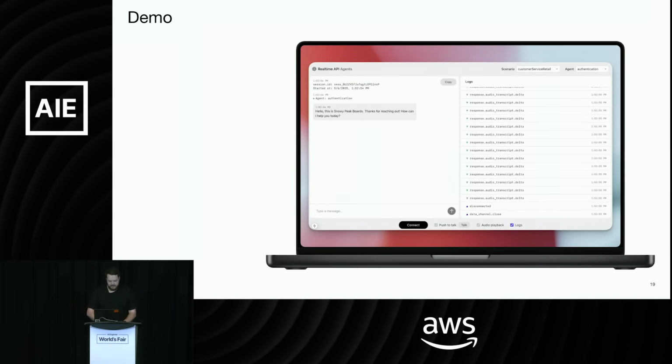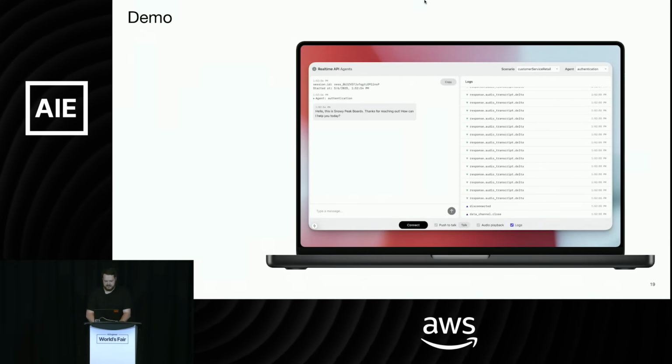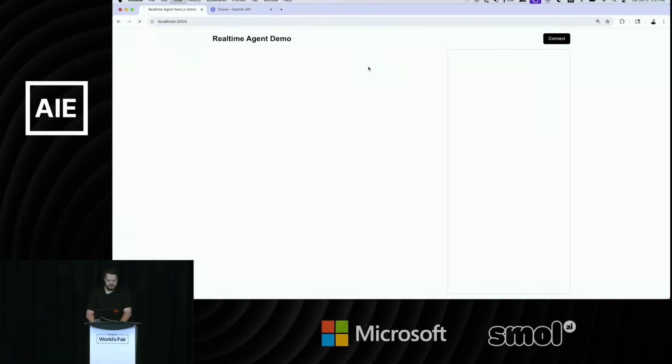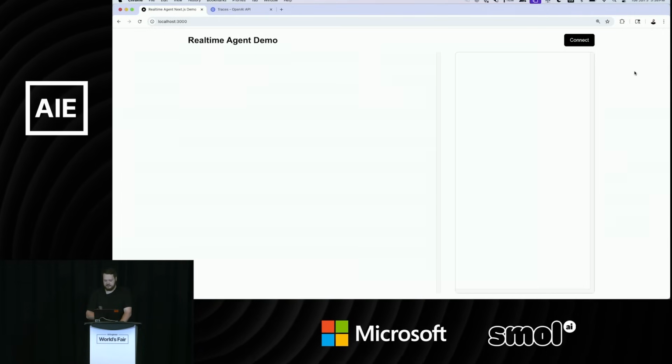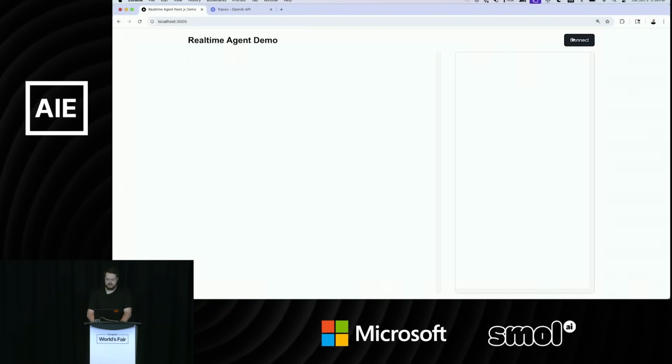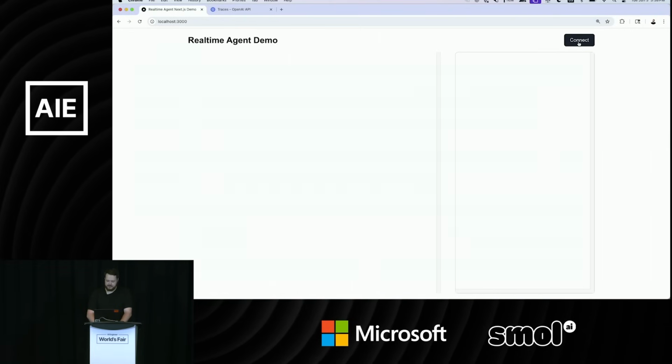Actually, let me, at this point, give you a quick demo and see how the internet goes here. So I have a real-time agent here that we built with the Agent SDK. It's going to be very similar to what you're going to build later on. But when I start talking to this,